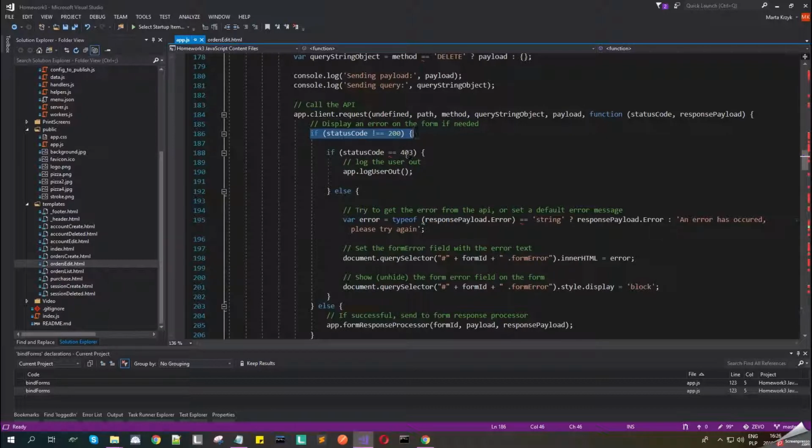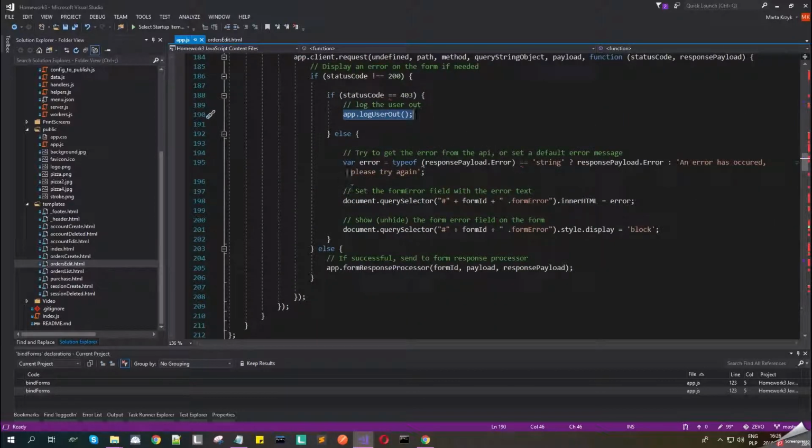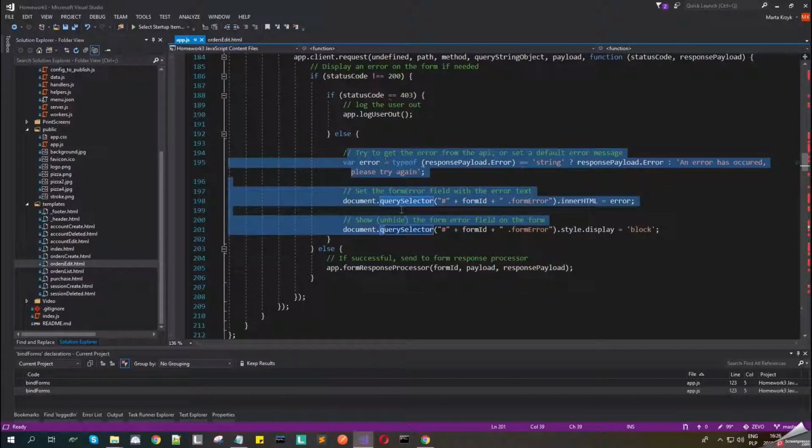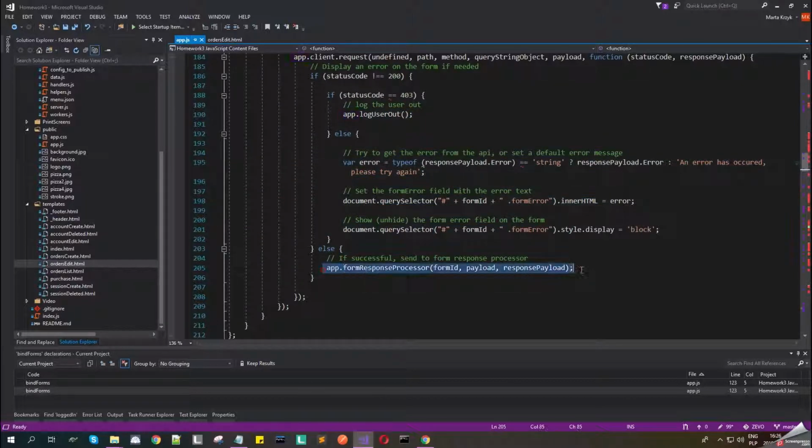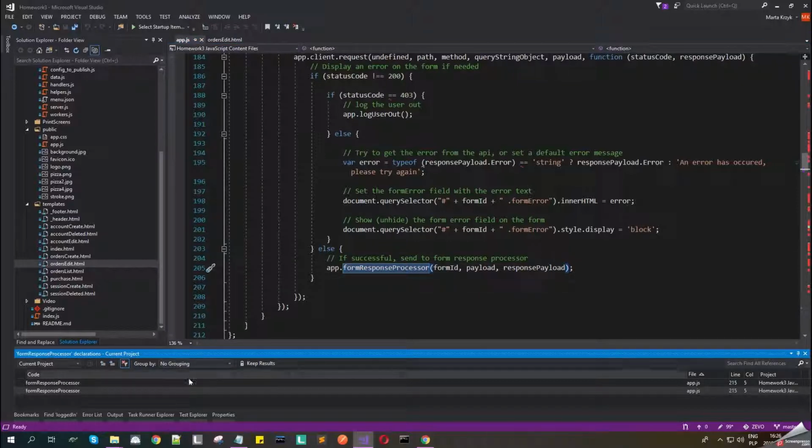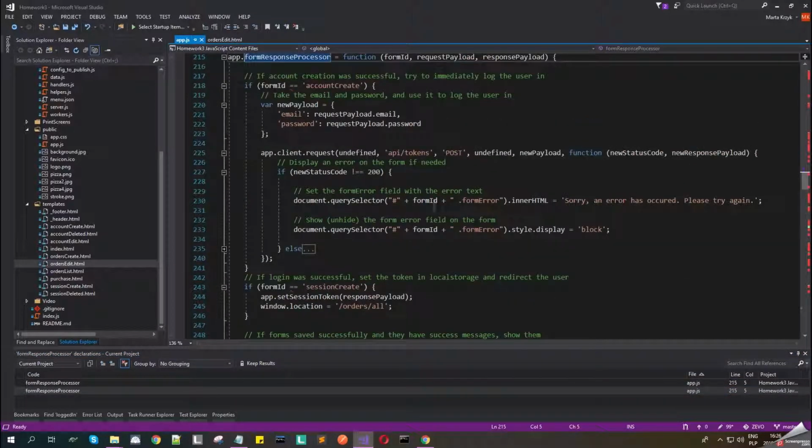If the response was not a success, then I'm logging out the user. Otherwise, then I am showing the error to the user. I am showing the success message inside that form response processor method. Let's go and check it out now. So in here,